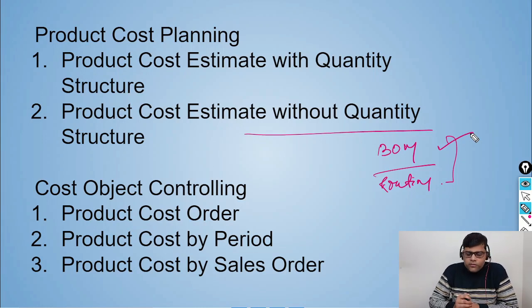So your plant cost, you can segregate into two components. One is your product cost estimate with quantity structure, with integration with PP. If PP is not there, then it is without quantity structure. Okay, so let's see the plant cost without quantity structure. So if it is without quantity structure,